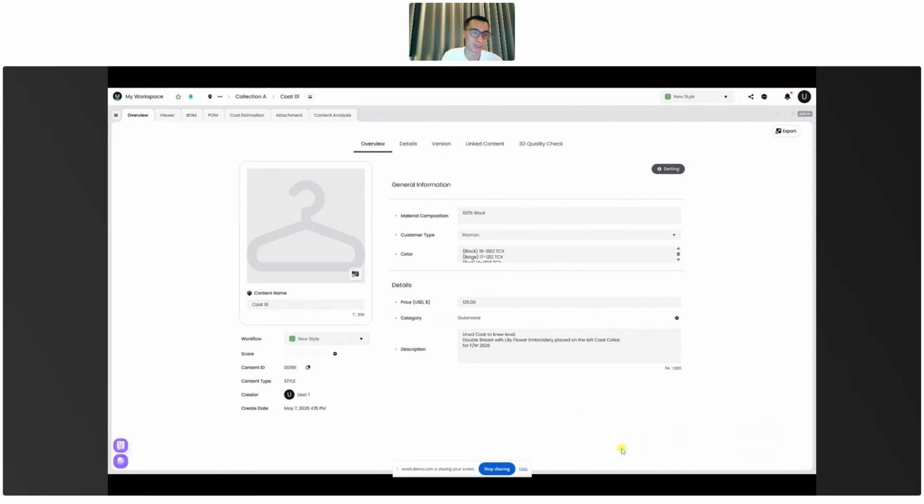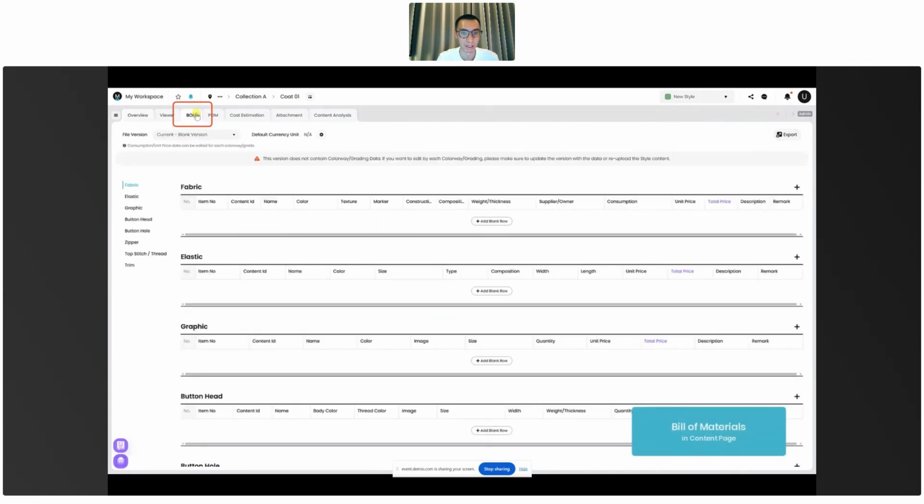But as you can see on the top, we also have different areas for your design. So maybe we can go to one or two that are really important for your initial design development. The first one would be BOM. So let me click on the BOM tab. BOM means the bill of materials, so you can also fill in the costing here in advance. For example, we can click on the middle, add blank row, to add a new row